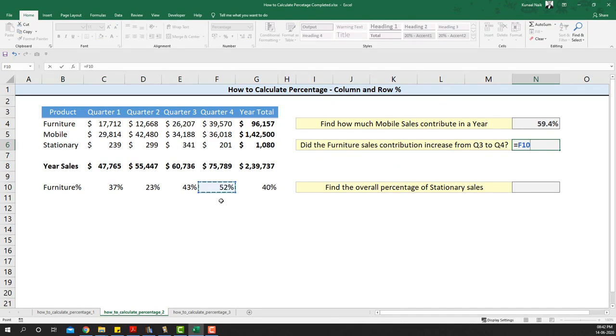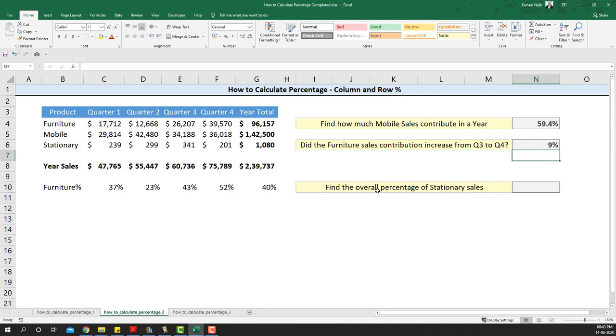We simply take the subtraction of Q4 minus Q3, and there is a 9% increase. Had this number been negative, you would say there was a decrease from Q3 to Q4. But in this scenario, there was an increase of 9% contribution from Q3 to Q4. That's how we answer the second question.